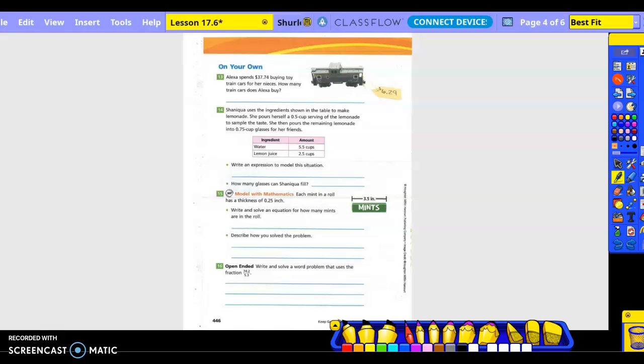So number 13, Alexa spends $37.74 buying toy train cars for her nieces. How many train cars does Alexa buy? So here's our total. Cost of each one is over here. And then what we're looking for is how many train cars she can buy. So she spends $37.74. That is our dividend, right? That's our total. Okay. Our divisor is